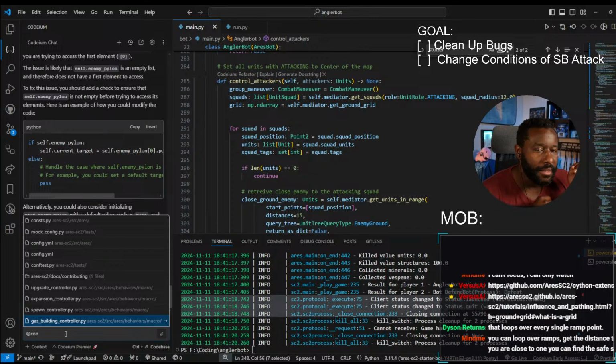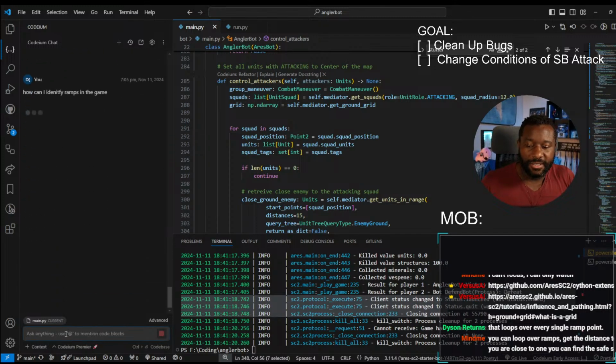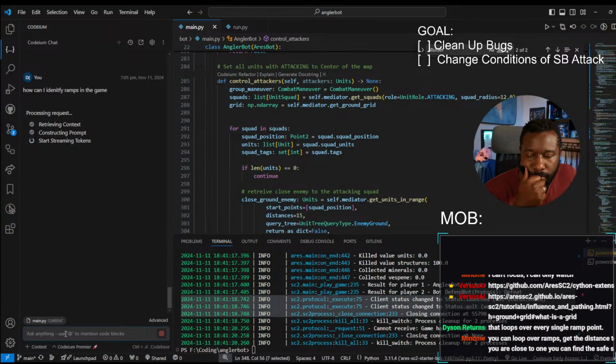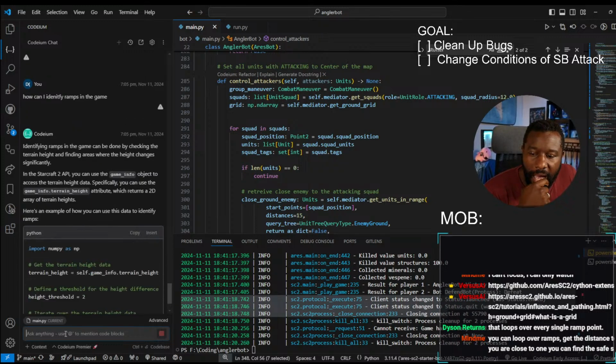But how can I identify ramps in the game? I doubt it's going to know this, but let's find out. Technically if we store all the ramps, we can get the coordinates of all the ramps. And then we could say, okay, if we're on a ramp,